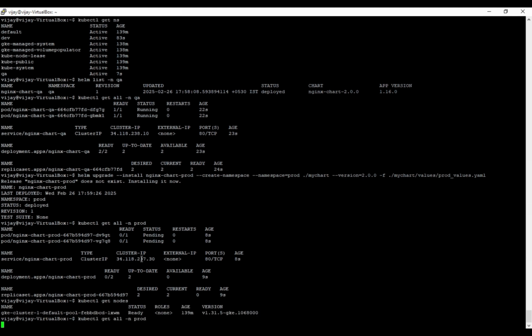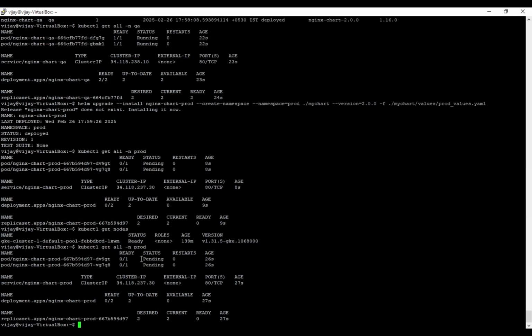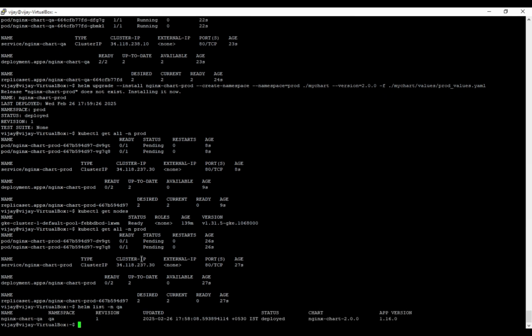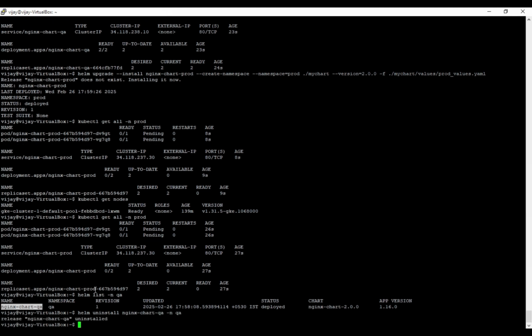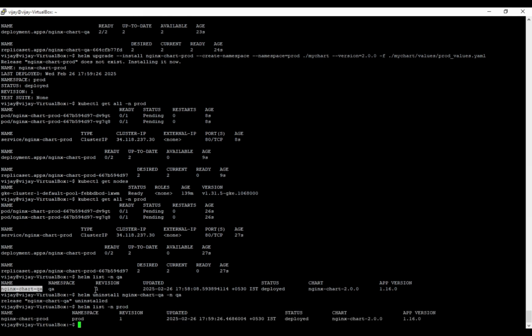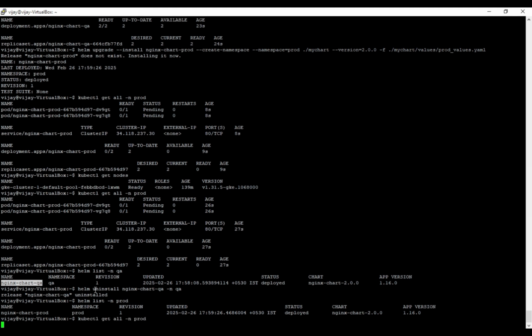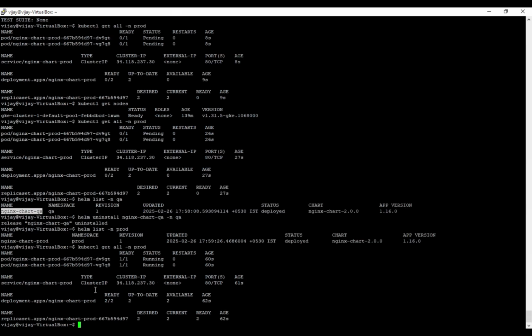So in order to bring this prod application up and running, I will delete the QA Helm chart. So what I'll do, helm uninstall the chart name in QA. When I uninstall the QA, automatically production will come up because, as I said, there's a resource crunch, right? That is going to solve it. There you go. Yeah, that's the typical Kubernetes resource issue. So that's all about how you can use the values.yaml